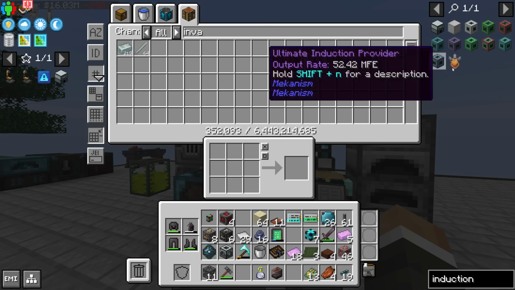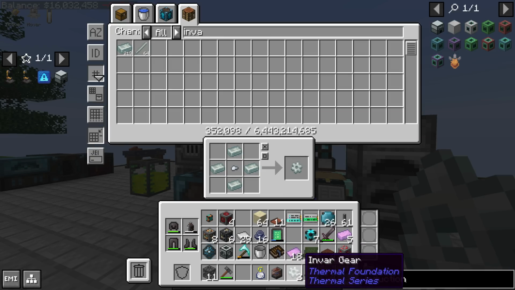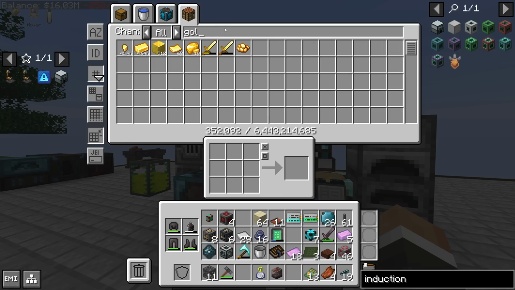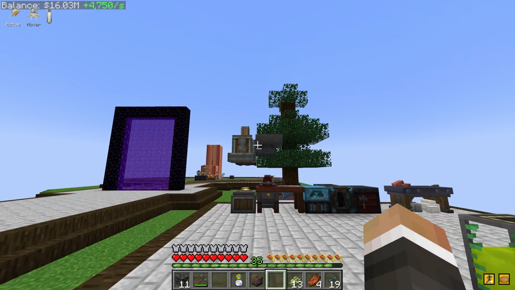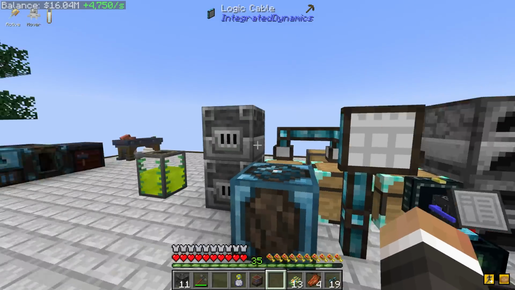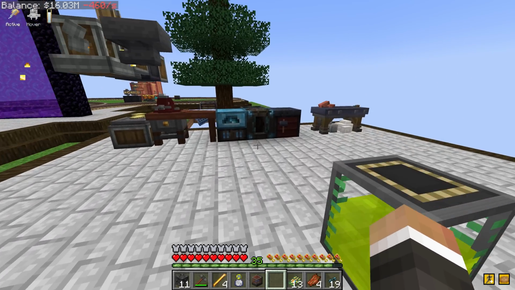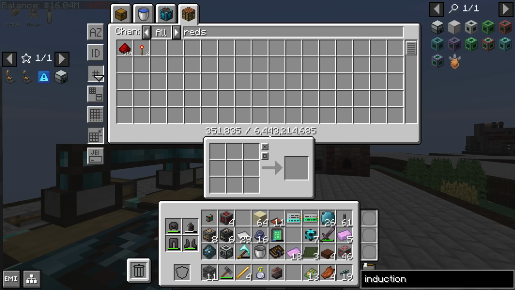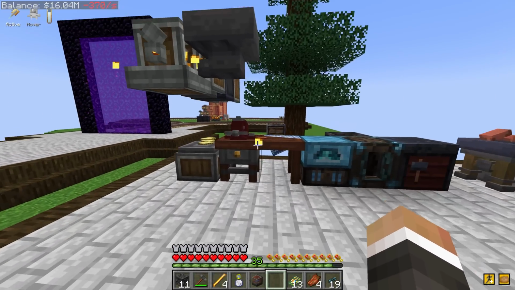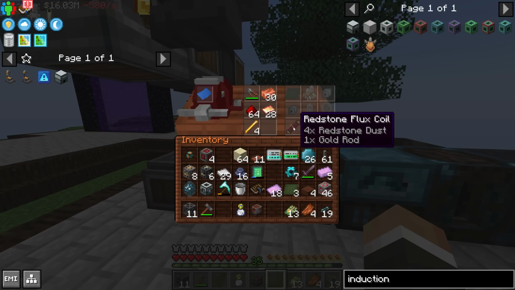Do we have any invar lying around? We totally do. Nice. So we should be able to craft up 2 invar gears, put those in the system. Do we have enough gold to make some gold rods? We totally do. We'll throw those in there. We'll take the electrum wire out. That should make gold rods for us. And then we just take our pre-existing redstone and then over in our engineer's workbench, boom, and boom, we can make